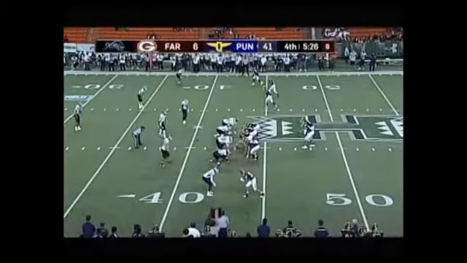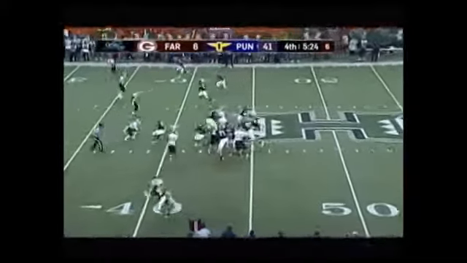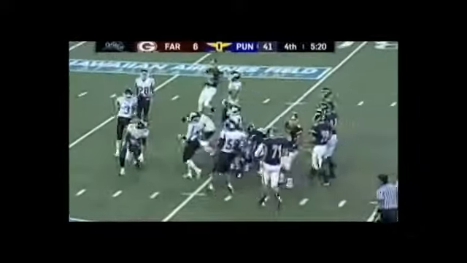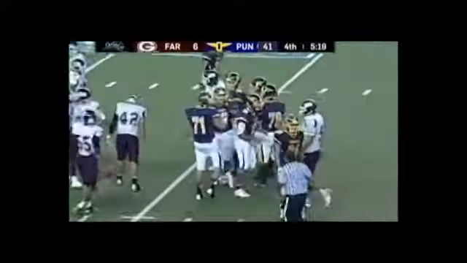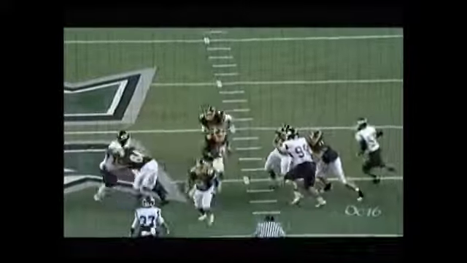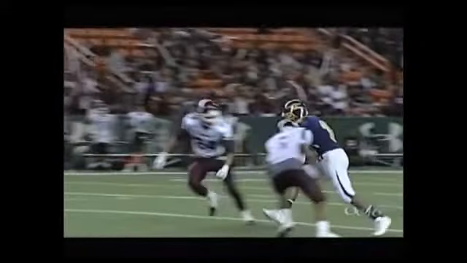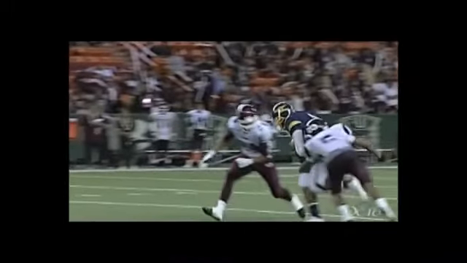Not targeting, play number 6, may be a little controversial, but I don't think so. You've got a running back who's running up the field and a defender who's basically running in the same direction that he is and tries to get in front of him and cut him down. And the running back dips just as the defender dips. There is no question helmet contact, but the defender is trying to get lower than the runner, and the runner puts his helmet into him. So very difficult to call this targeting. I don't know. Who should that be called on?